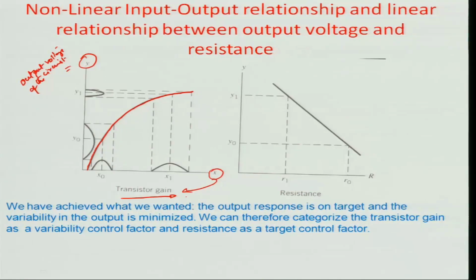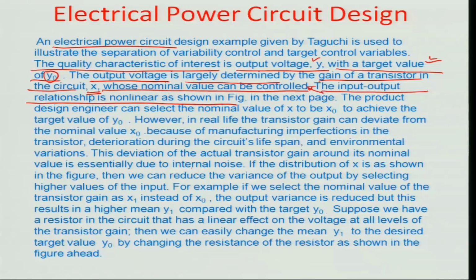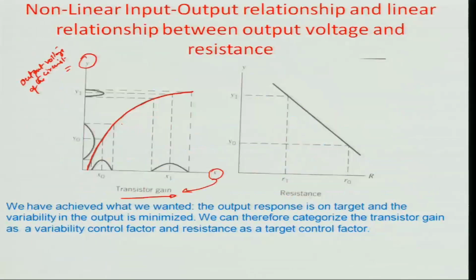So, this is the transistor gain, and you can actually see here that the product design engineer can select the nominal value of x to be x0 to achieve a target value of y0. You can see in this particular graph, for example, this is the range of the transistor gain which has